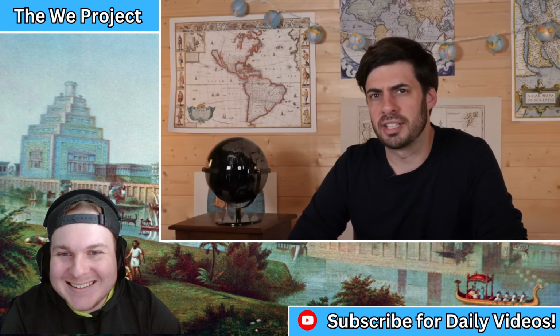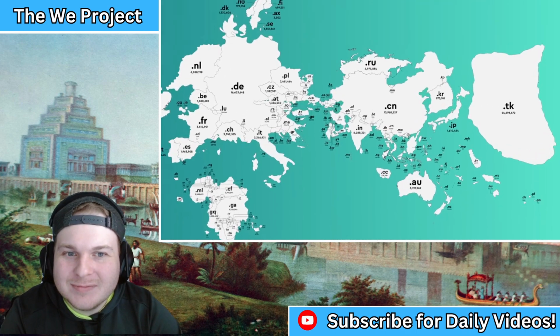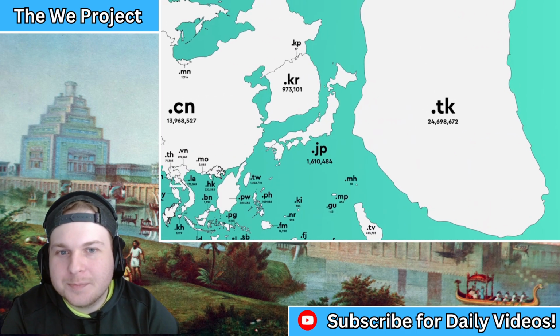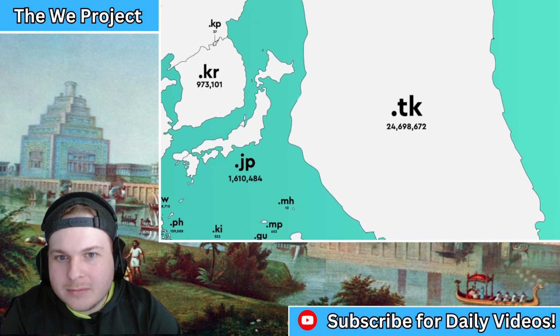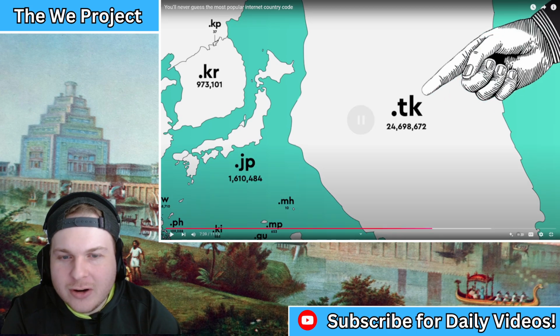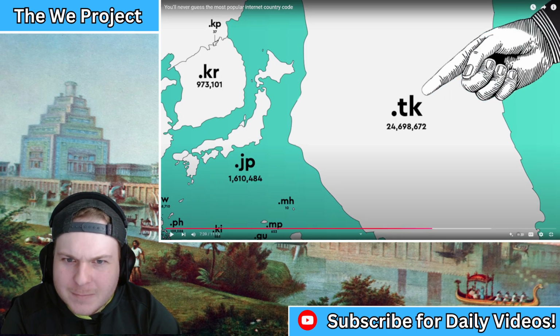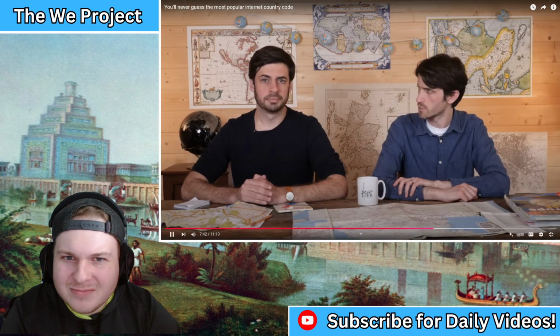Perhaps the biggest mystery is, what on this map of Earth is this massive island country with nearly 25 million domains, the highest of all, with the country code .tk? That's not Turkey though. Or is it? Turkey? Turkey's not an island. Torquay? Torquay doesn't have a K. So where is it?